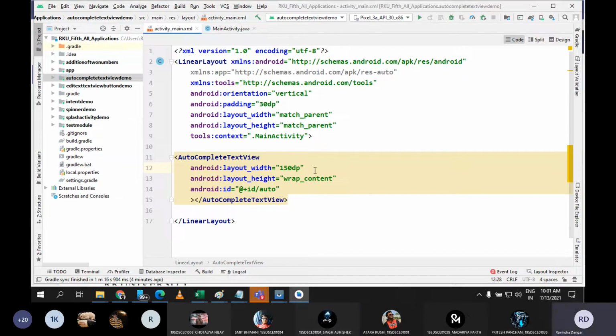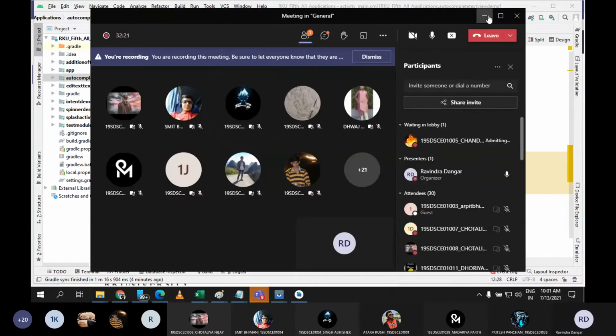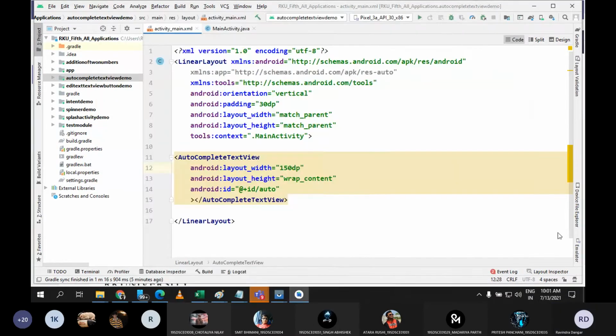Text view, is it needed? I don't want to set the text. I just want to create a toast message only based on the selection. Do I need it? This autocomplete text view will provide a field to type. Correct. Yes, this is what I'm saying.